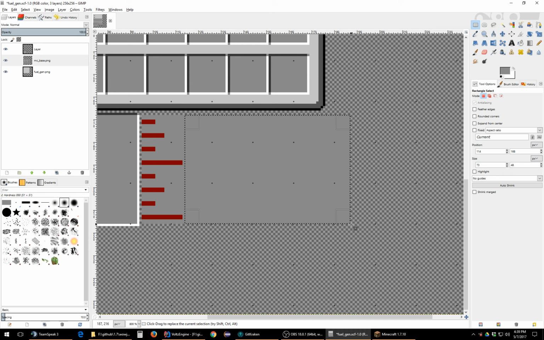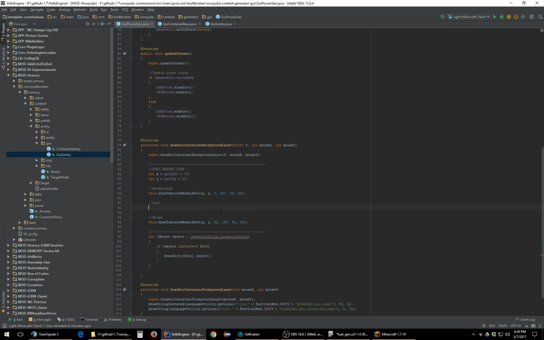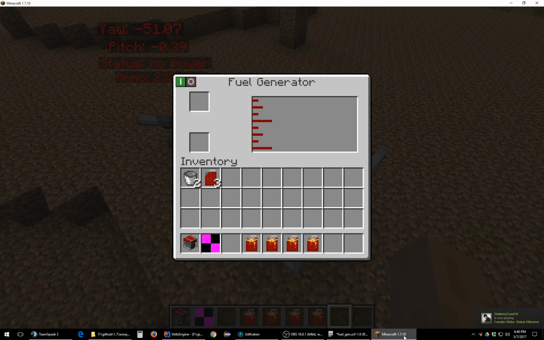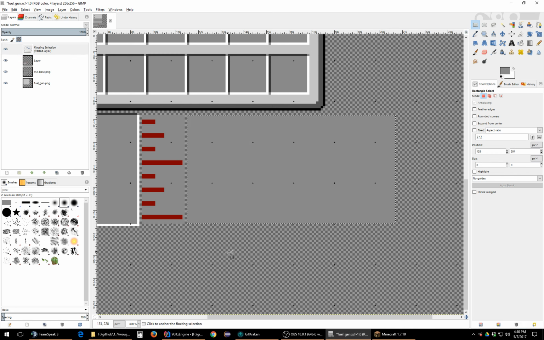So we're just going to have to say the gauge is only going to be so wide. So how wide are you now? You're 19 pixels wide. So we're going to say, okay, yeah, 19 pixels, that'll work. So that'll save me a lot of space there. Actually, we're going to go like 20 just to be safe. And then now we need to just, right on that same layer, paste that back in there. And that's where we're going to put our fuel in there. So we're going to need to figure out how we're going to do this